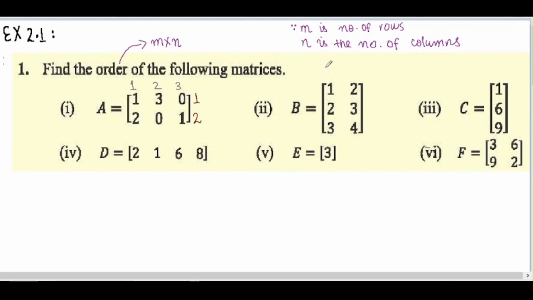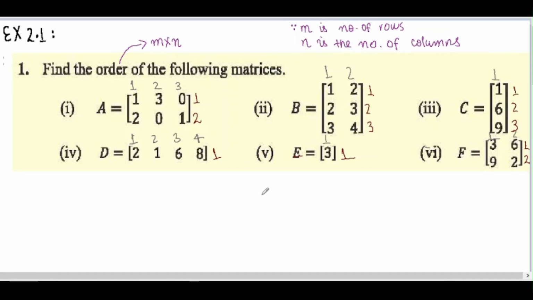How many columns are there? 1 and 2. How many columns are there? Only one column. Here it is 1, 2, 3, and 4 columns. Here it is only one column, and here again there are only two columns, 1 and 2. Now we are going to count the number of rows. First row, second row, first row, second row, and this is the third row. Now here this one is the first row, this one is the second row, this one is the third row. For this question, this is the first row, and there is only one row. Again there is only one row, and there are 1 and 2 rows.